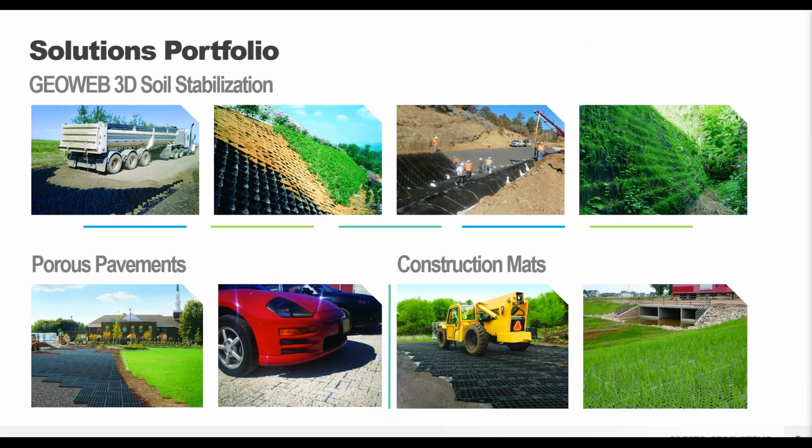So we do operate in three main product areas. The first is soil stabilization using our GeoWeb GeoCells. Those can be used for load support, slope and channel protection, and constructing green retaining walls. Then we also operate in the porous pavement market, which we have both vegetated and aggregate solutions, and with lightweight, reusable construction mats. So today we are going to be focusing on the GeoWeb GeoCells, and in particular how they apply to road projects with load support solutions. If you're interested in one of these other applications that I mentioned, feel free to reach out to us directly or go to our vast library of webinars where we've talked about some of these other topics.